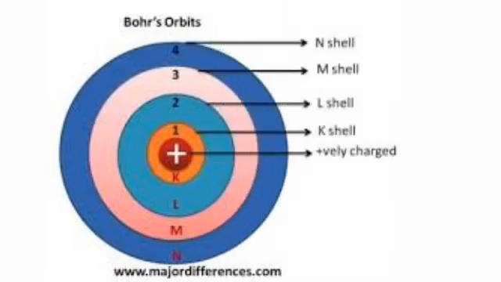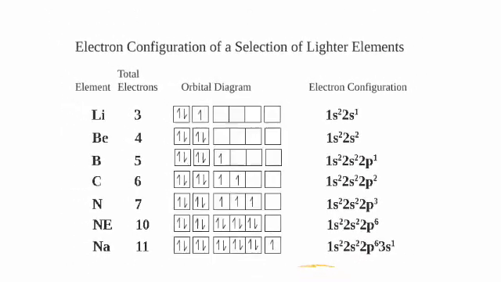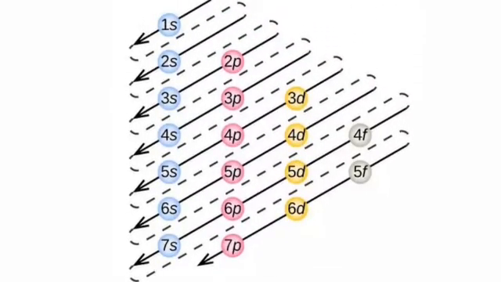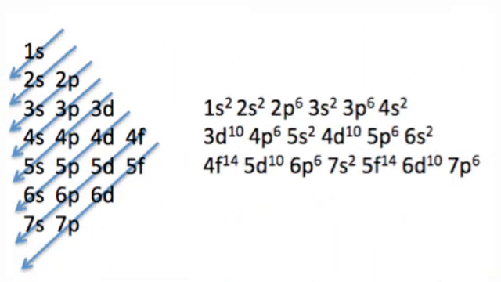We have learned to designate orbits by K, L, M, N and orbitals as S, P, D, F. We have seen that electrons are filled in these orbitals according to certain rules. Each electron inside an atom has its own identity, which is given by four quantum numbers that give information about that electron.